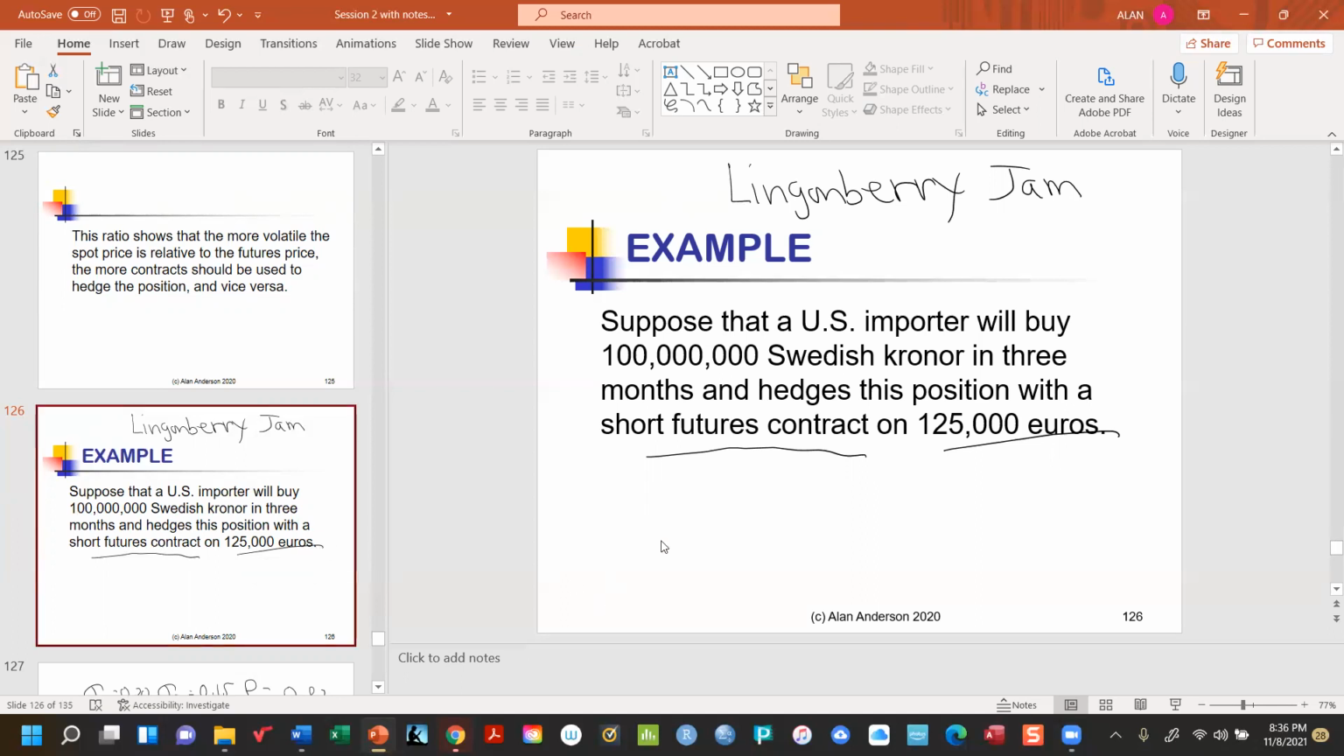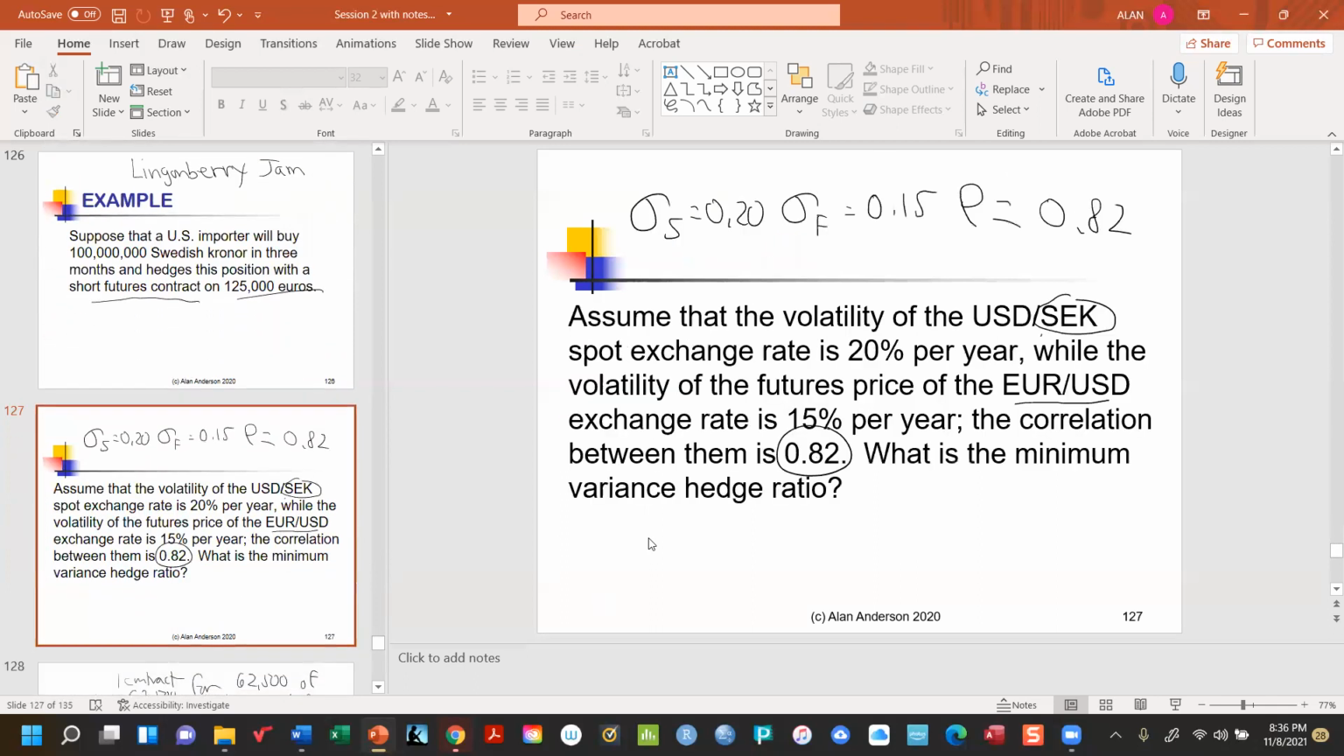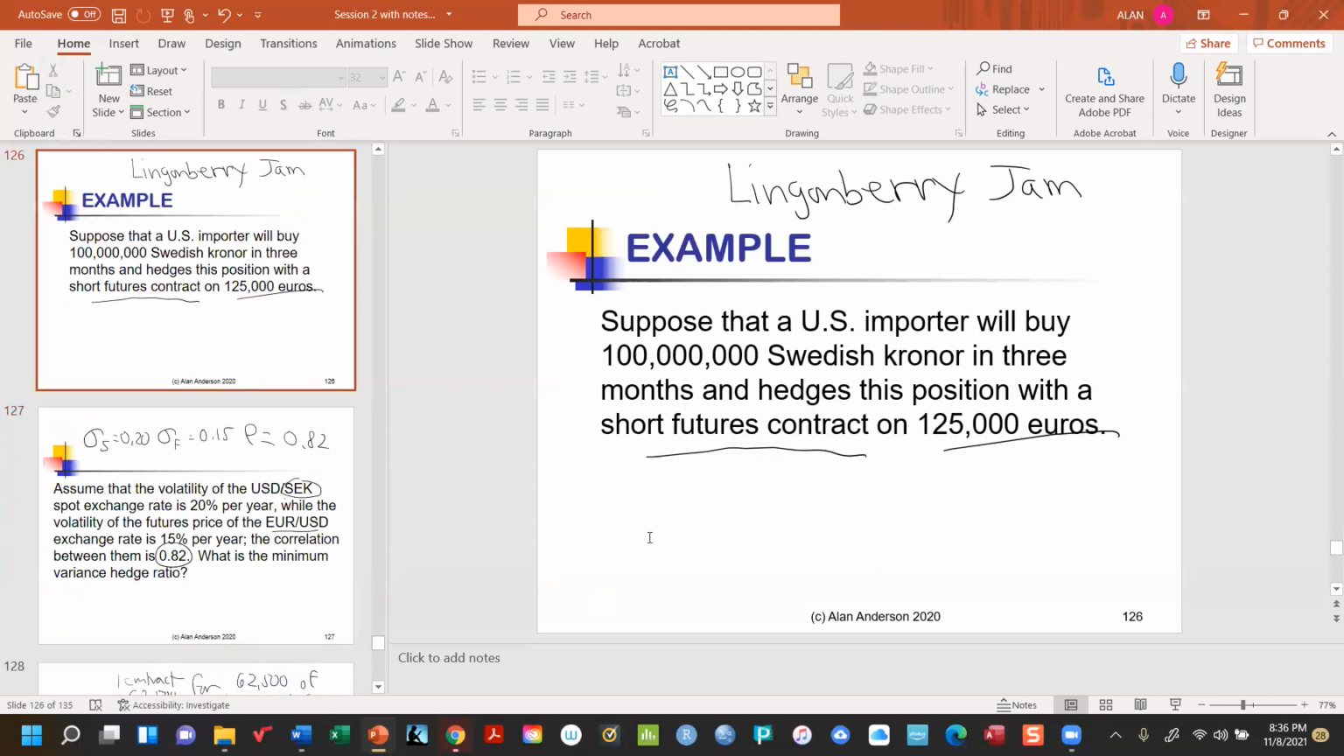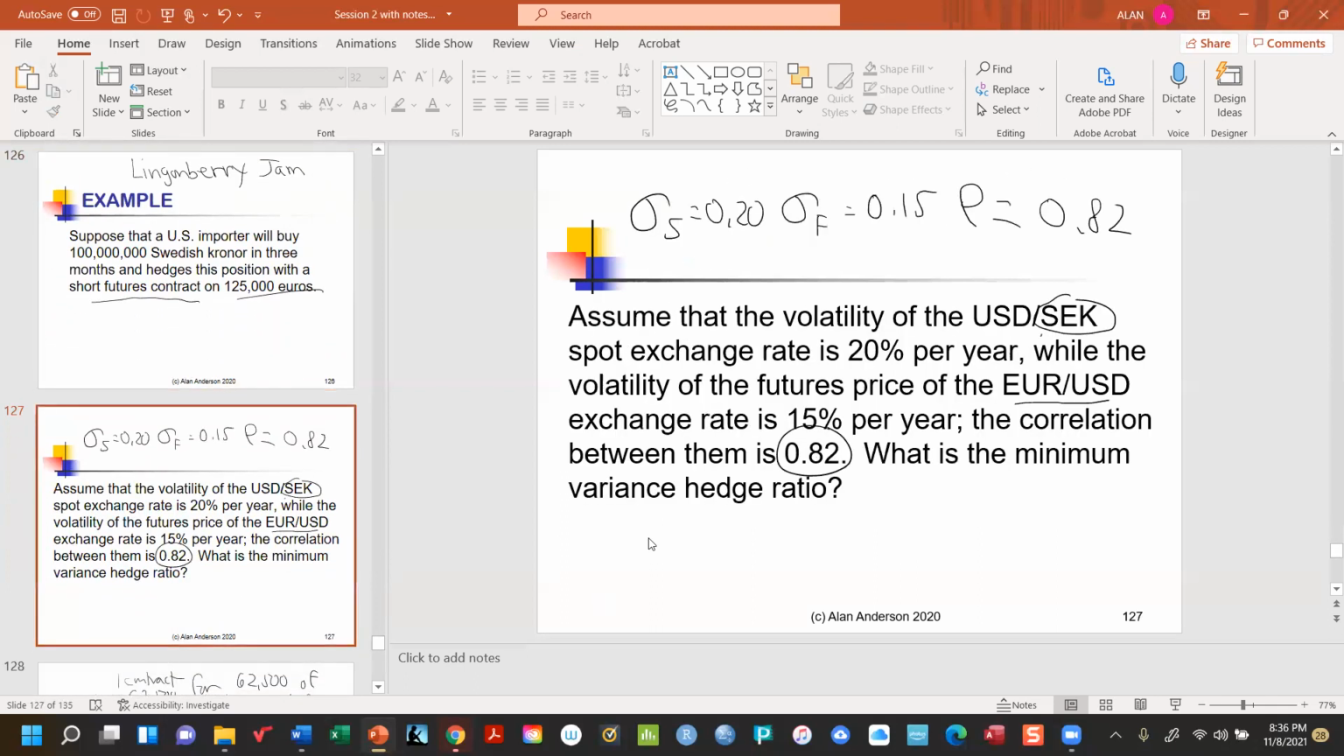We're using that because it has the highest correlation with the Swedish kroner. So let's just look at some numbers here. The volatility of the exchange rate between the two currencies is 20%. So the word volatility is another name for the standard deviation. Okay, so this is the volatility